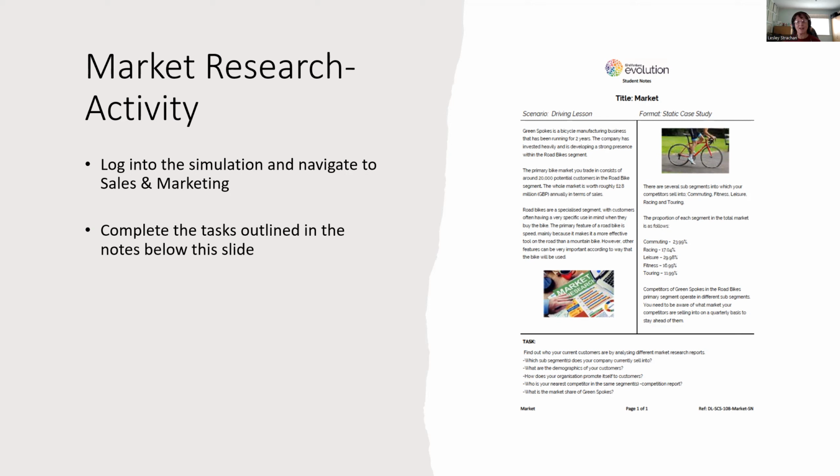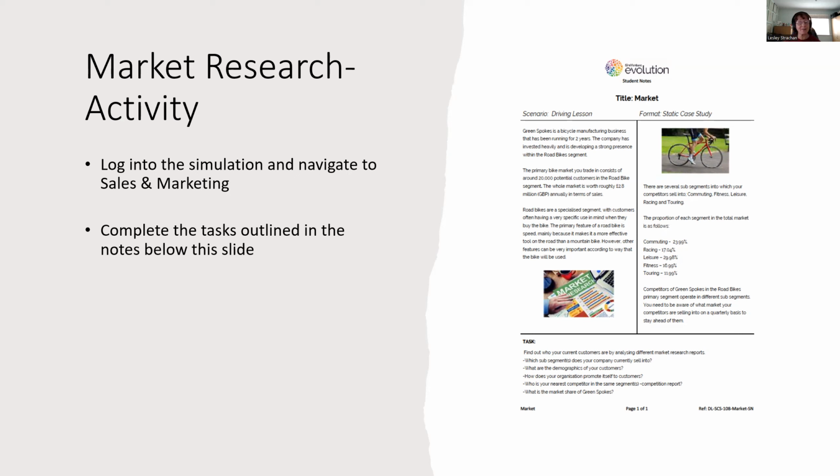Here you will find several diverse types of market research reports. Included also are several subsegments into which your competitors sell. For example, road commuting, road racing, road leisure, road fitness, and road touring. The proportion of each segment in the total market is approximately as follows: commuting